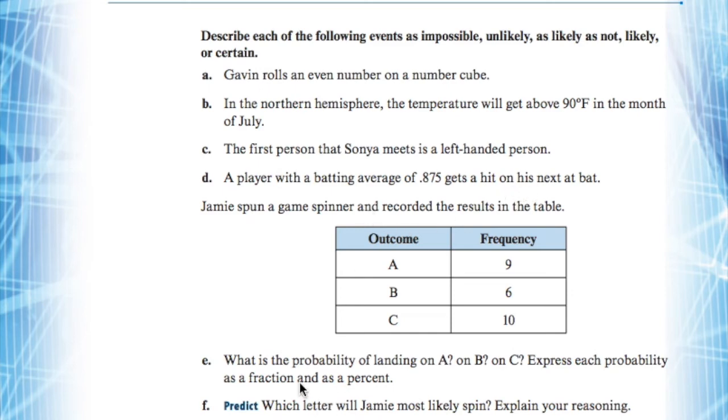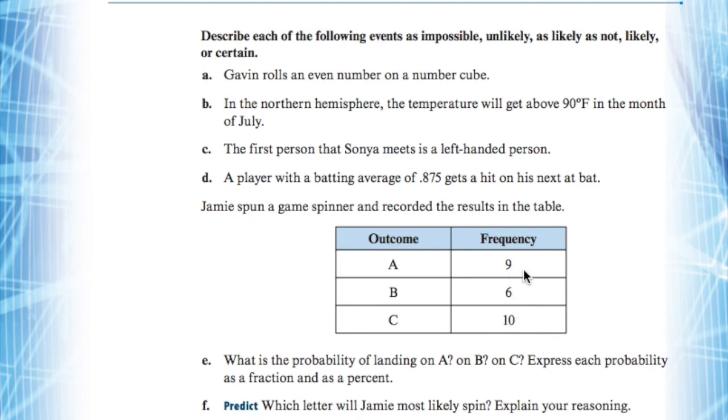In the next section, we have a spinner being spun. Jamie spun a game spinner and recorded the results in the table. The spinner has 3 sections to it, and the spinner lands on A, B, or C in those sections. Here's the frequency of those things being calculated. So it's been spun a total of, if you add these up, 10 plus 6 is 16, plus 9 is